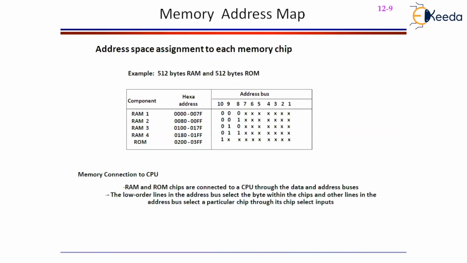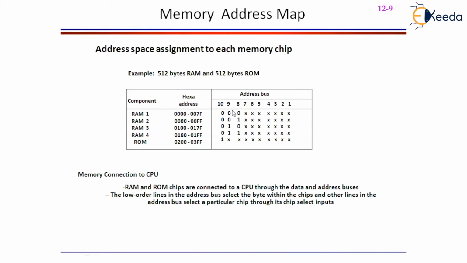Okay, so here the same thing I have explained to you in Paint was given in a table. This table we have already drawn. You know that RAM 1, RAM 2, RAM 3, RAM 4 will have 7 address digits occupied. For ROM, 9 address digits are occupied. In order to differentiate between RAM and ROM, we use the 10th digit. When the 10th digit is equal to 1, ROM will get selected. When the 10th digit is equal to 0 in the address line, RAM is going to be selected.